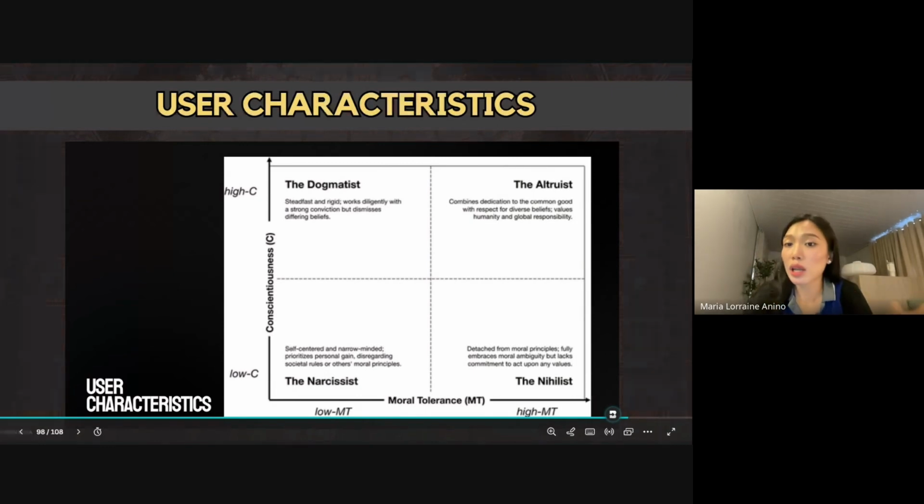The nihilist does not care. As long as they get through the traffic, as long as they did not get wet, as long as they are safe, then they do not care. They do not care about long-term effects. As long as they're not personally affected, that's fine. They do not care online. This attitude is also common, but it shows lack of social responsibility. Okay. Next is the altruist. This is the ideal one.